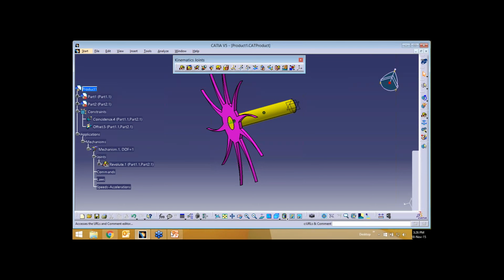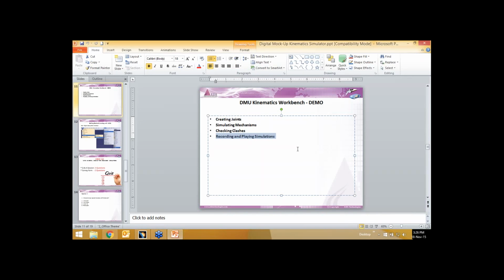So here, where we are is we have created a mechanism. If you see in mechanisms, it has a degree of freedom of 1. So when you have a degree of freedom, you will not be able to simulate a mechanism in an assembly. For that, you have to make this degree of freedom 0.